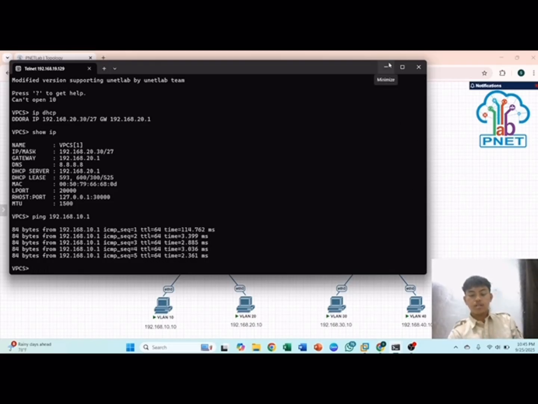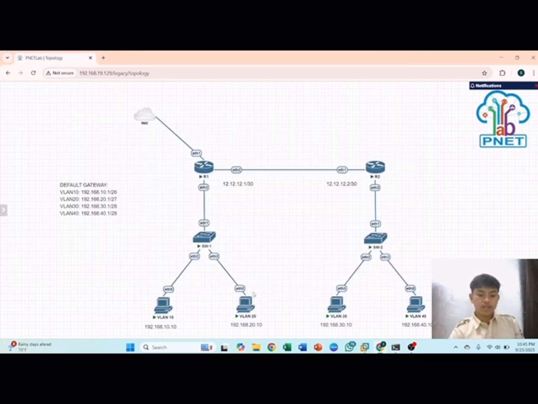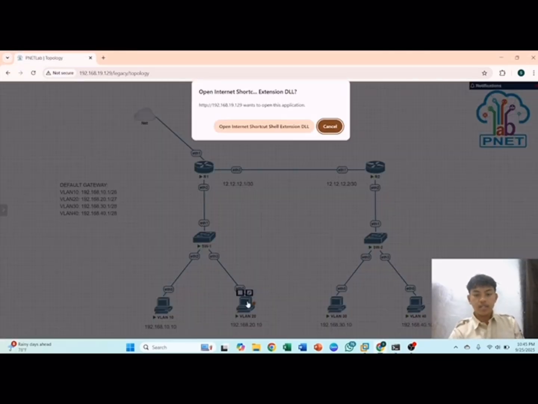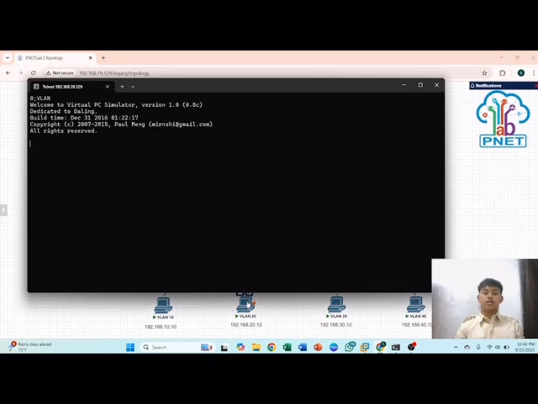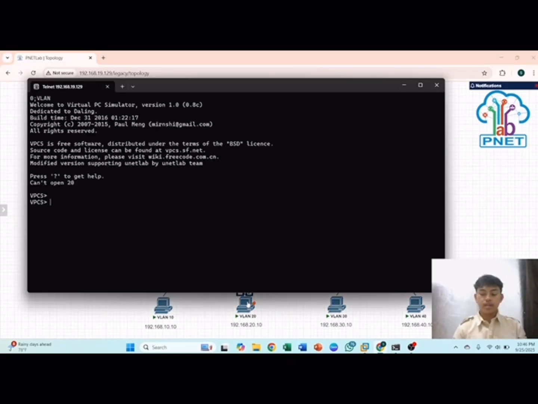We will configure all PCs with IP DHCP, and enter. Cannot find the DHCP server.